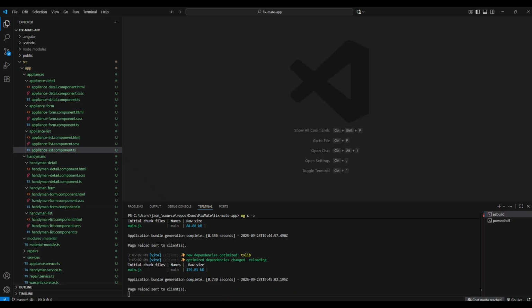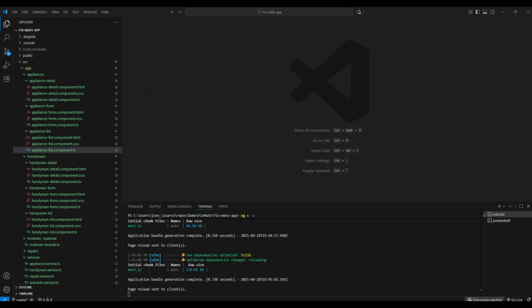Okay, I'll just ask ChatGPT later for everything that's missing. Warranty form, HTML, paste, modules, we have that. Okay, so